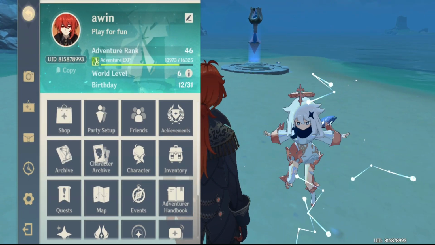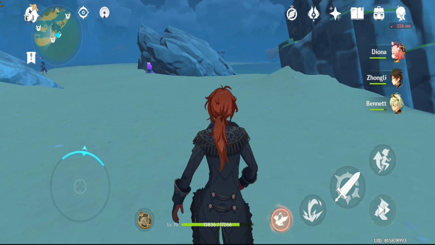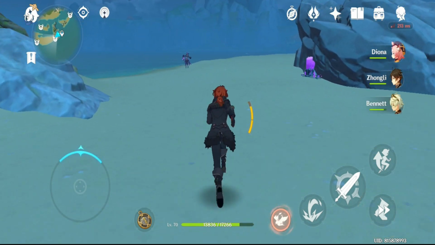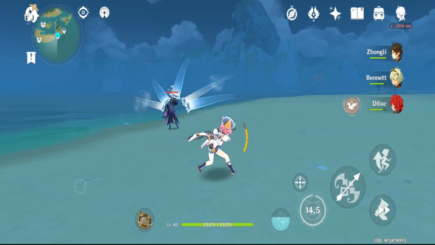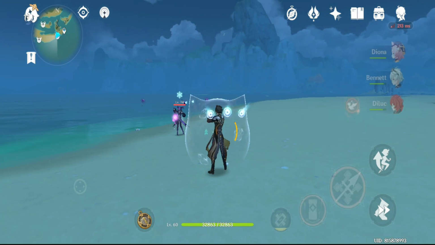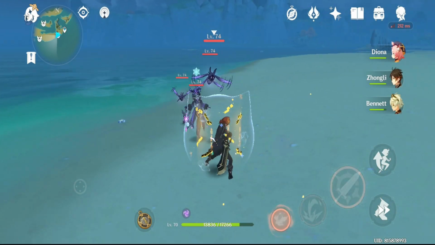Okay, the next one, choose your playstyle. There are 2 playstyles: DPS, damage per skill, which is elemental reaction. It will cost you a lot to have high damage performance, or